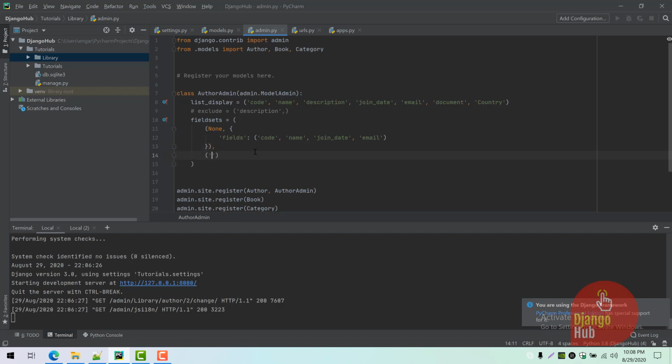And in another section I'm giving the name as Advanced options. And inside the tuple I'm going to mention some properties, for example classes. The class is going to tell the behavior of this section. So the class I mention is collapse, comma,